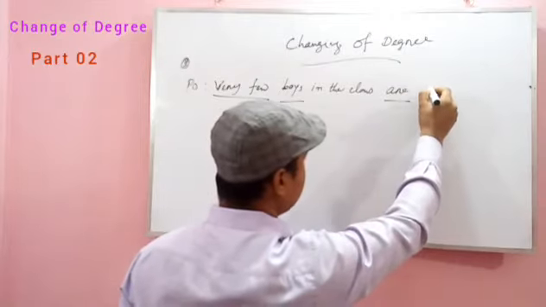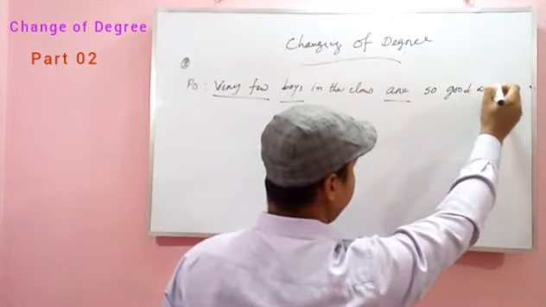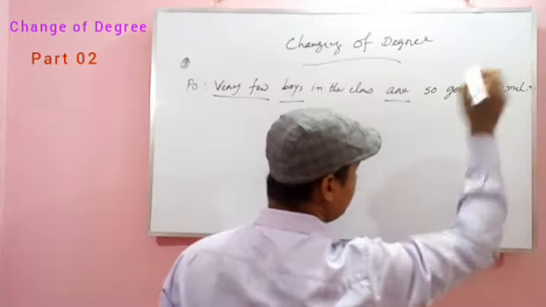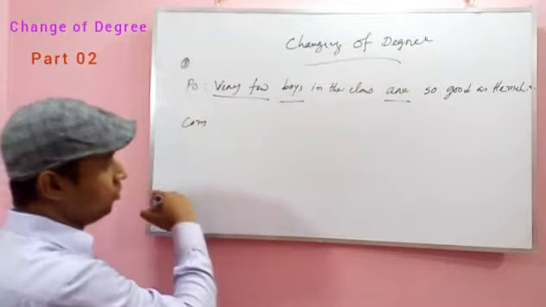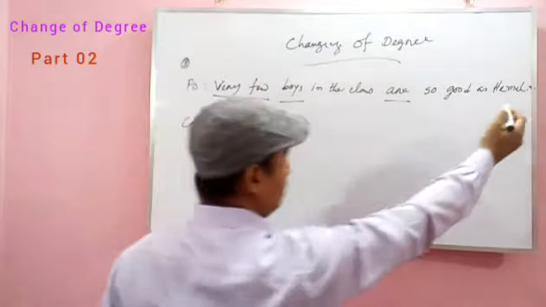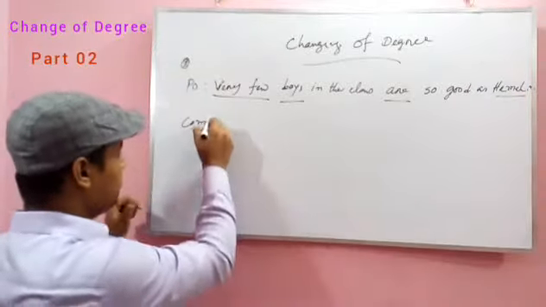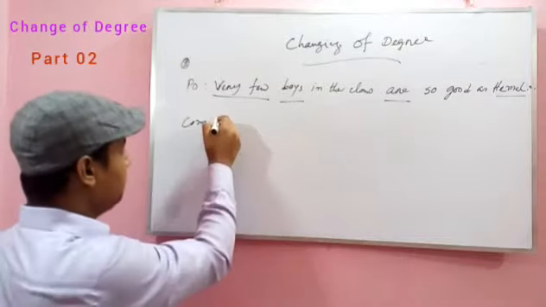Are so good as Himmel. So for the comparative form, the last noun goes to the first position because this is positive to comparative form. So Himmel,